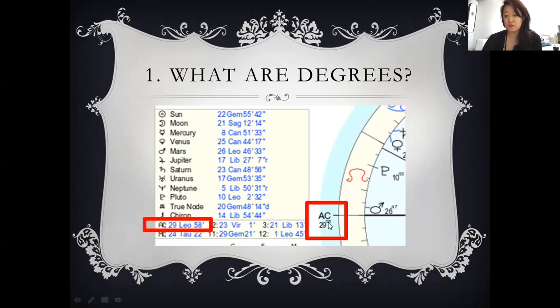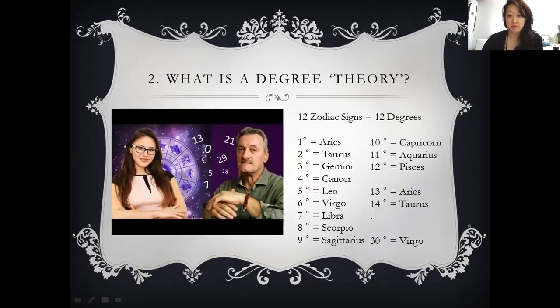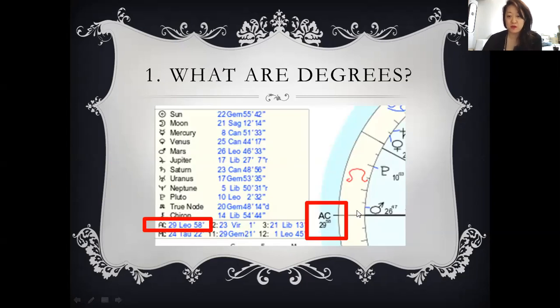The orbs here, the smaller numbers, they don't really matter. We just ignore them. You can see also in the chart, it tells you that this is the sign of Leo, right? His ascendant is 29 degrees Leo. We ignore the 58. The orb doesn't really matter. Similarly, you can also see how here his Mars is at 26 degrees in Leo,